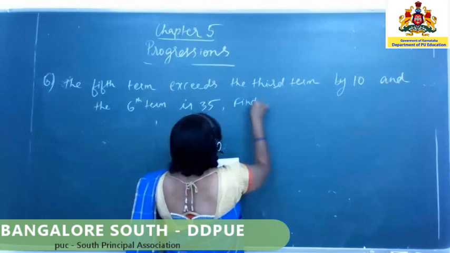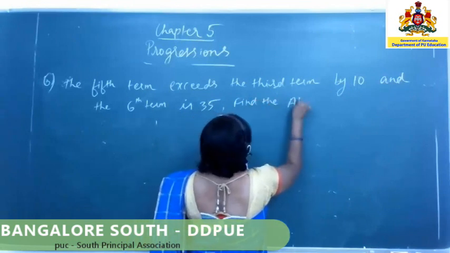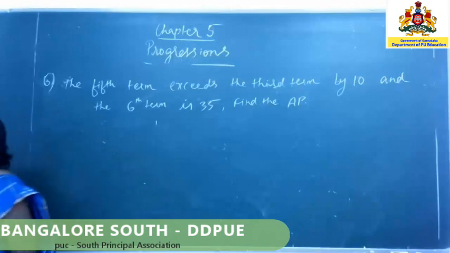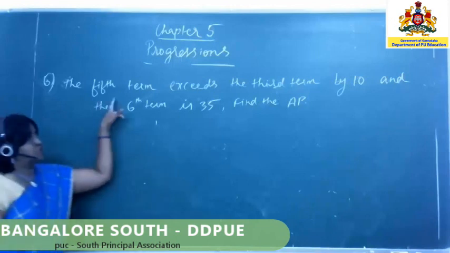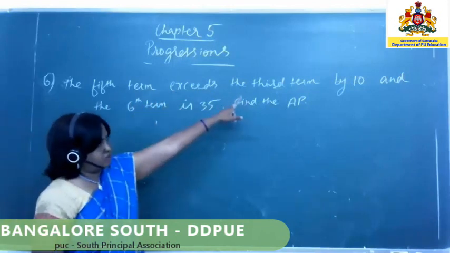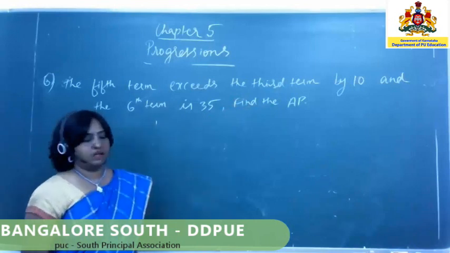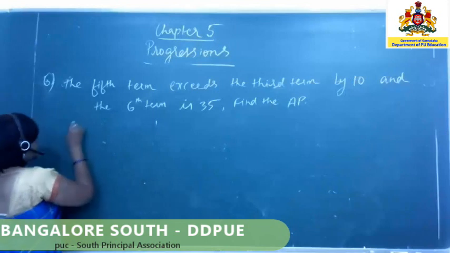Find the AP. The fifth term exceeds the third term by 10 and the sixth term is 35. Find the AP. So given